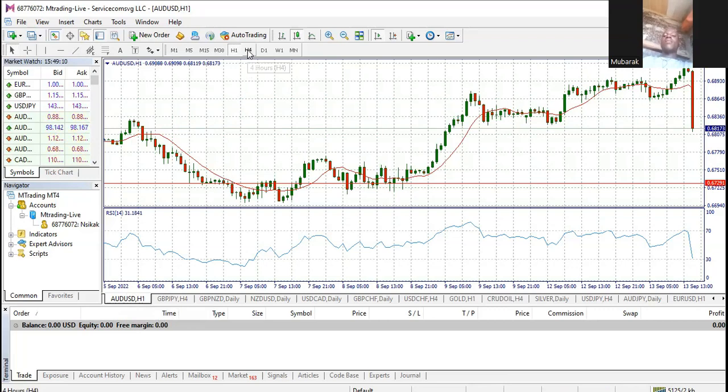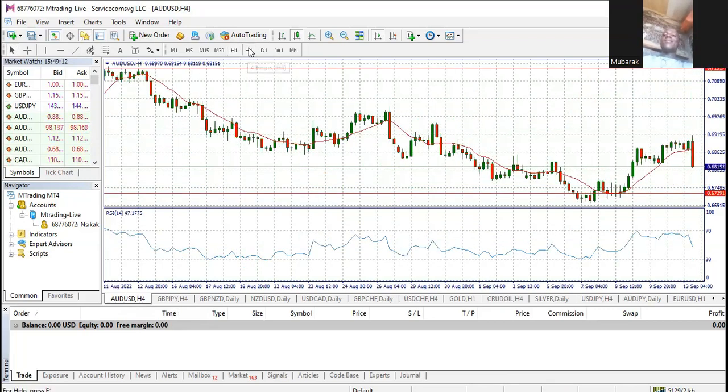Man, if anybody was still in this trade, you can't imagine the number of stop losses it has taken down. Some people's accounts have blown today, I tell you. Some people's accounts are gone. And then this AUD card, I keep my eyes on it to see if it will resolve.